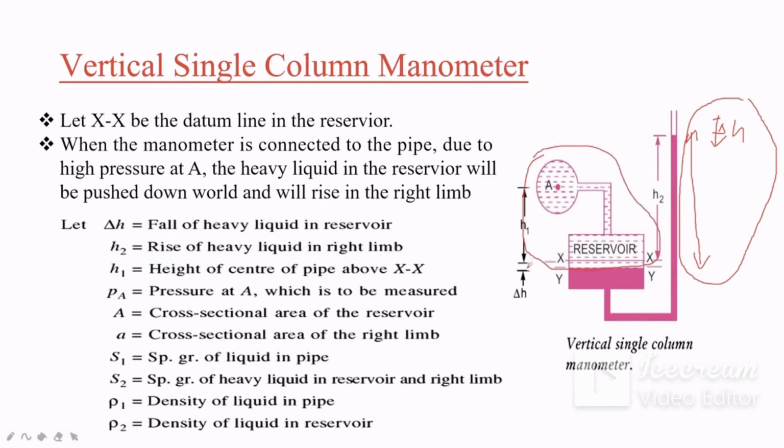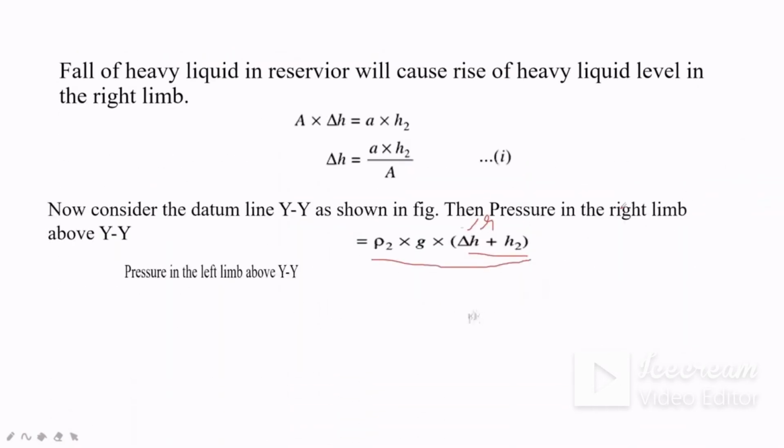So delta H, here also it is disturbed, delta H. Here also it will come delta H. If delta H has decreased here, then here delta H just comes up. So we have to consider the delta H property also. Okay, consider in mind. So in the left limb, what happens? The pressure at A plus rho 1 g H1 in the reservoir plus, see, the pressure in the left limb will be rho 1 g into the height, which will be H1 plus delta H, because in this delta H there is no H2 heavy liquid, it is H1, the delta H, but the amount is same. Both the delta H, whatever the quantity, it is same, the effect is same.